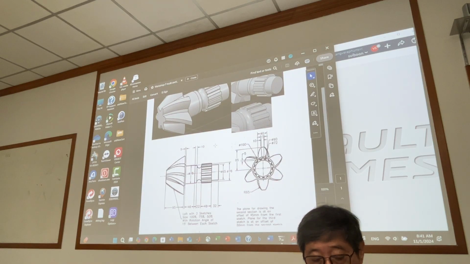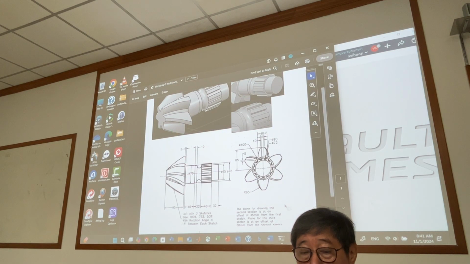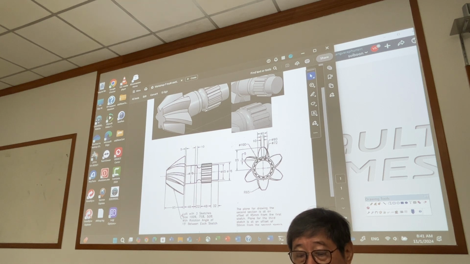Look at this one, you see. They say how to create this profile, this gear profile. They just inform you in this case. You see, loft is similar to